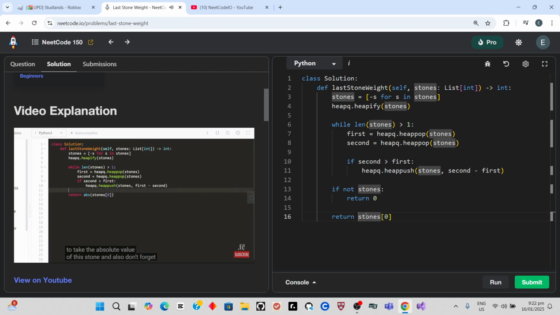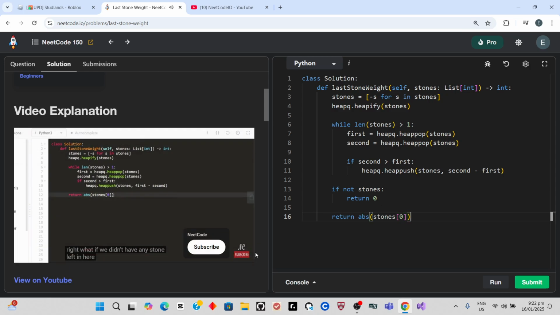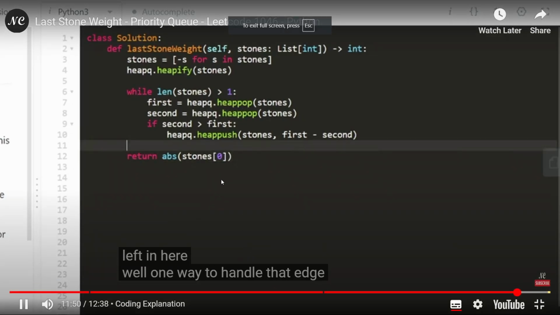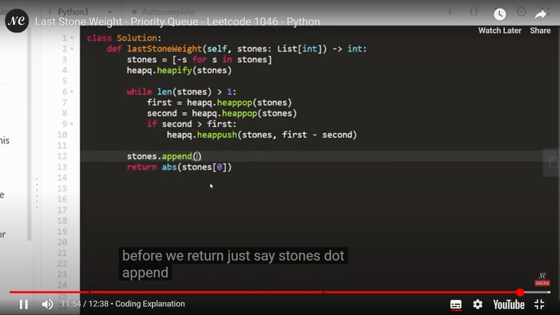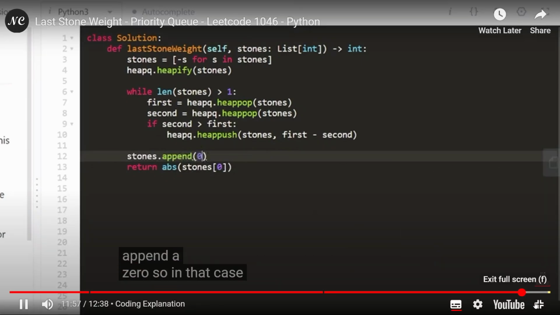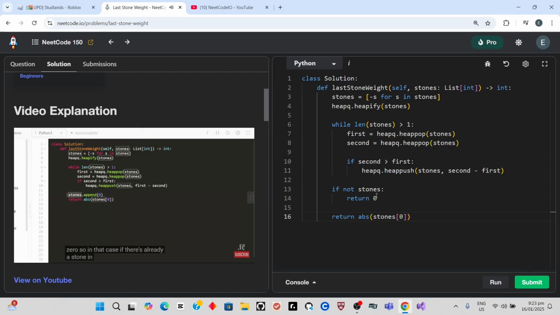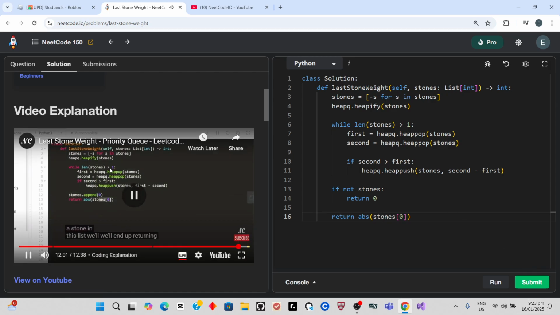And also don't forget one last edge case. What if stones was empty, right? What if we didn't have any stone left in here? Well, one way to handle that edge case is just to say, before we return, stones dot append 0. So in that case, if there's already a stone in this list, we'll end up returning